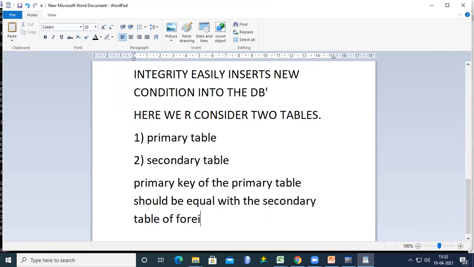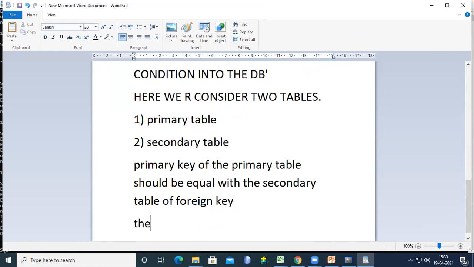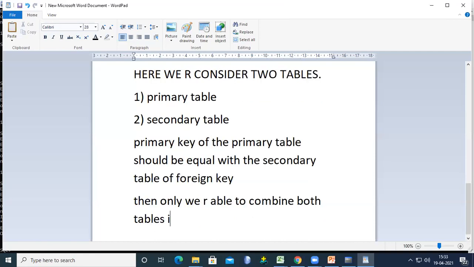Then only we are able to combine both tables into a single table.